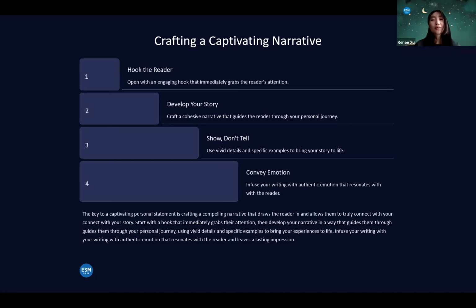These are just examples of the kind of specificity that you're going to look for, because it is inside these details that are going to automatically infuse your writing with the authentic emotion that's going to leave that impression and is going to feel authentic to the readers themselves. So as you look through in the next steps, show, don't tell, as Eric talked about, that's going to be the key. That's where the detail comes in.